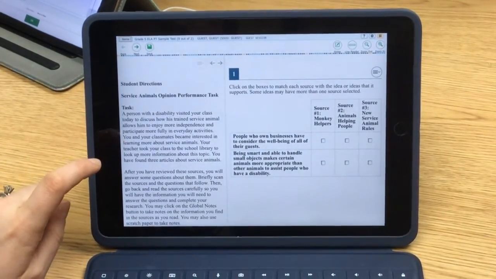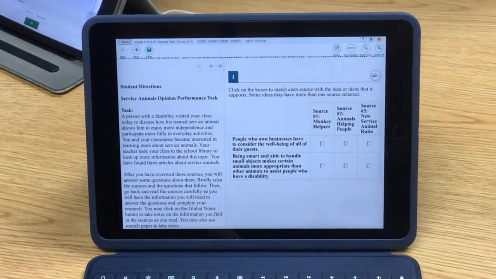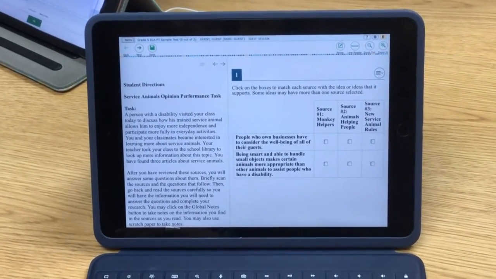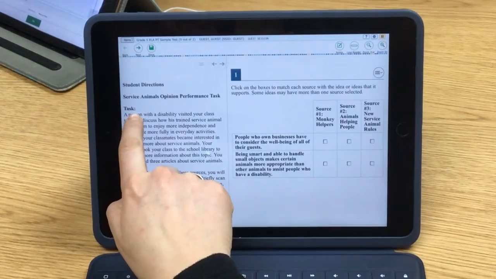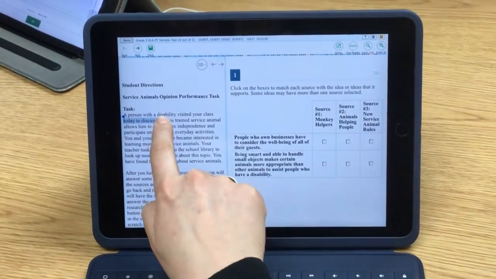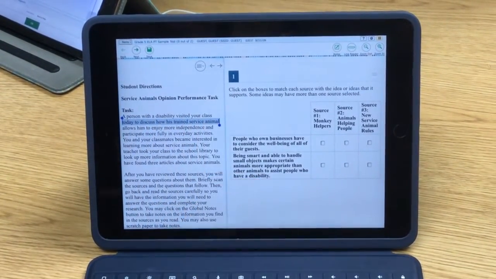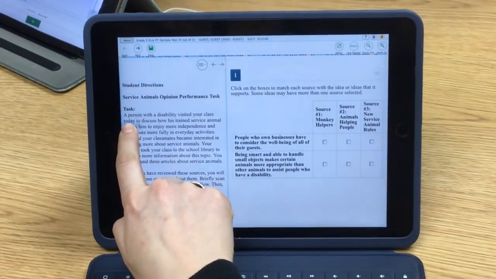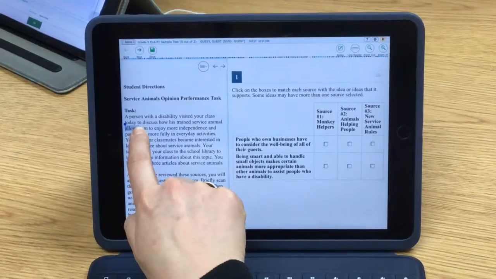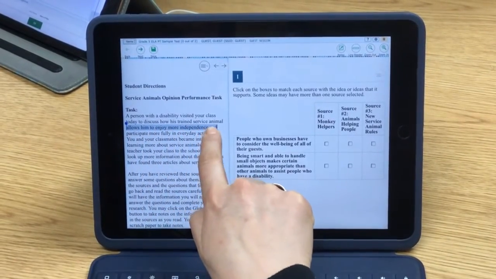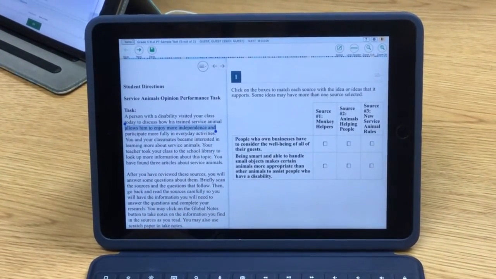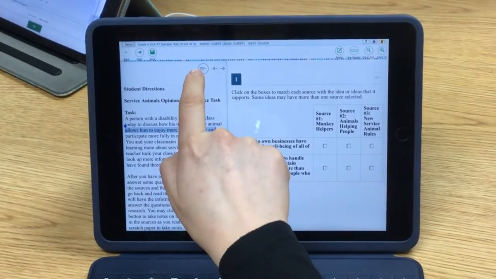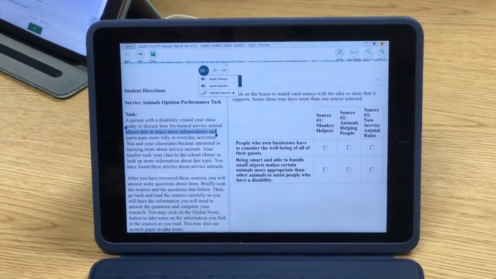If a student wants to have a passage or a question read to them, they need to tap and highlight the text that they would like read. To do this, I held down on my tap and I continued to drag along the words to highlight what I wanted read. Once that's highlighted, I'm going to tap on the stacked menu